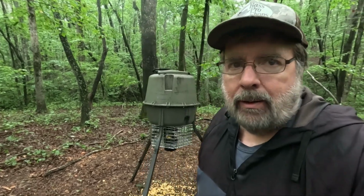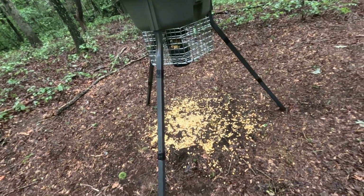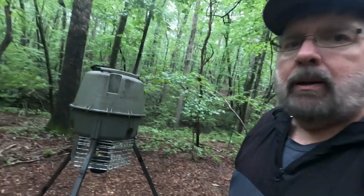The one thing I'm going to have to figure out is how far will this thing throw out the corn with that guard up. You can see I've got a pile here, but I also had a very dead battery. So I have a feeling that the spinner was just barely spinning enough just for it to dribble out. So I'm going to put a new battery in here and I'll come back out here and check it in 3 or 4 days, and I just want to make sure that happens good, that it'll be able to spread the corn out good enough. I think it will. The test that I did the other day, it worked, and I'll do a test here in just a moment just to see,